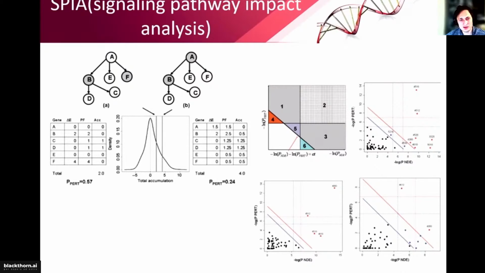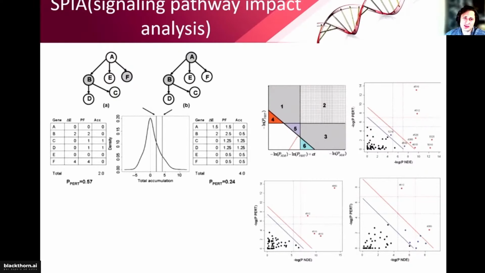It's useful to work with, especially when you're working with something which strongly affects your phenotype, maybe some transcription factors or something like this, which have low expression or which are hard to dysregulate significantly. That's why SPIA matters, and it's better to try to implement it in your research. It also has different metrics for significance detection. Overall, it's a combination of the number of dysregulated genes and overall perturbation accumulation.